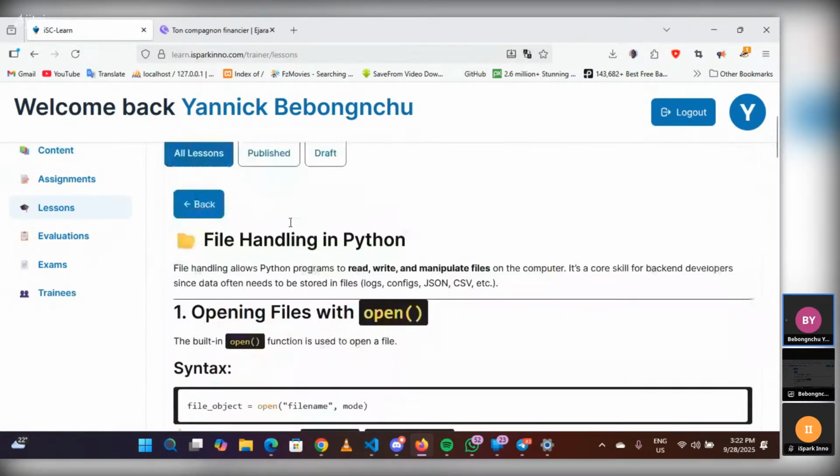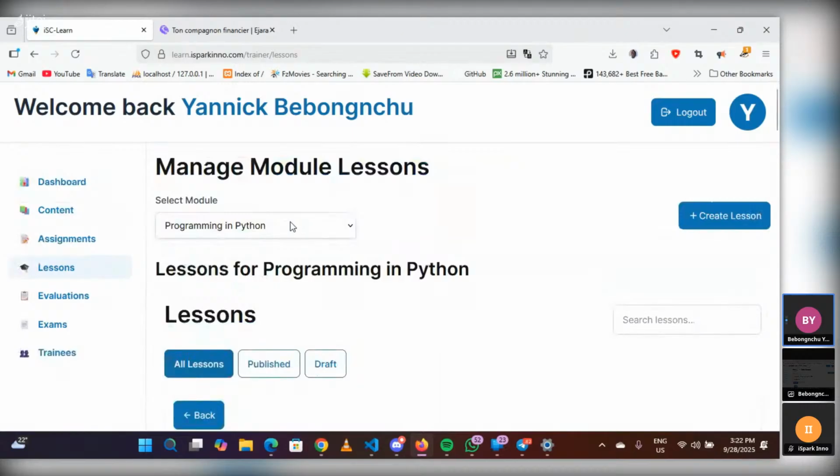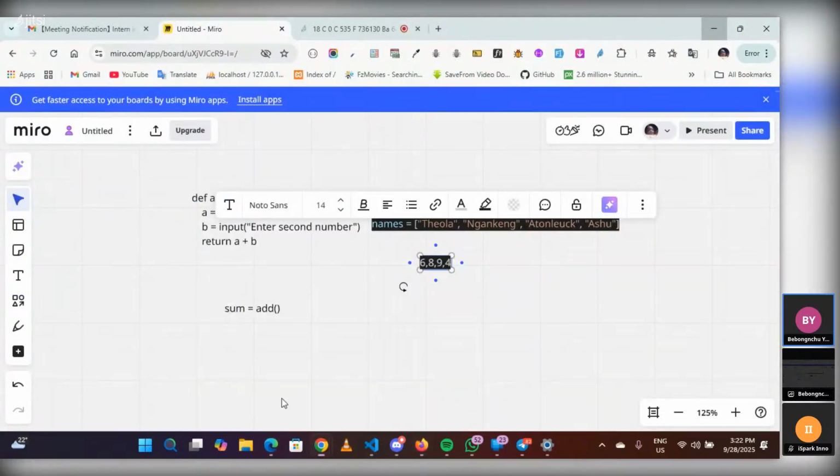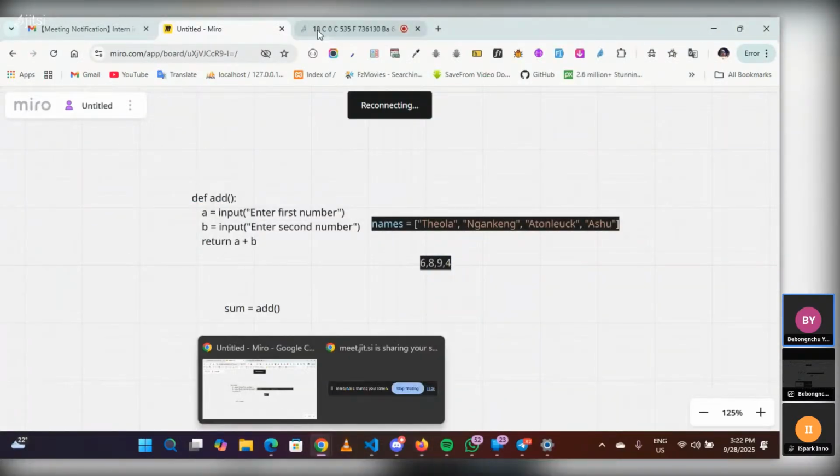What's the time? 3:20. What's 4:22? So it's 4:22, right? Okay, so let's take